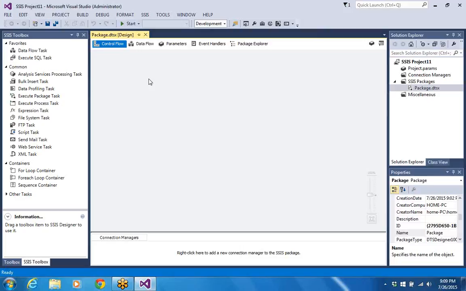Using the precedence constraints, you can control the flow of execution. And whenever it is success, you have a green color, and whenever it is red, it is a